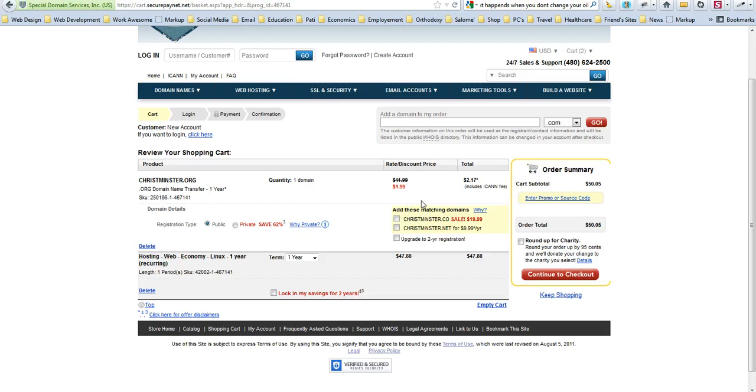Alright, now you just want to review your purchase. $1.99 is actually what you're being charged for the domain now, because you've gotten a hosting package, so we give you a discount on the domain name since you bought hosting. And if the hosting is for a year, it's $47.88. Your total is $50.05, which is awesome. So you would hit continue to check out,